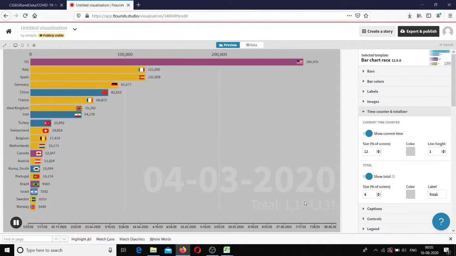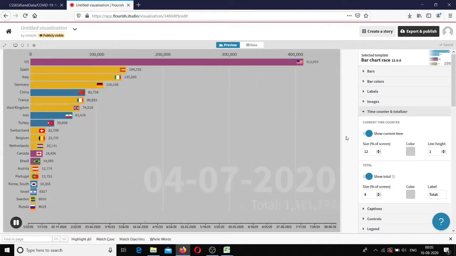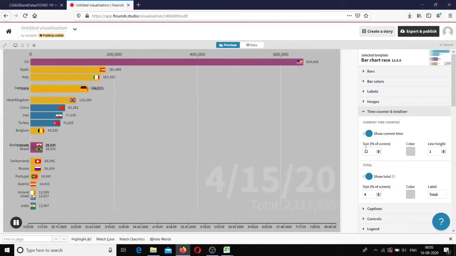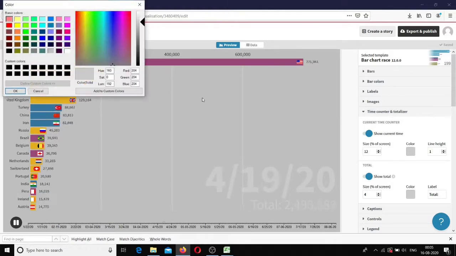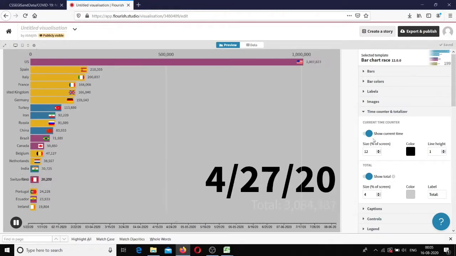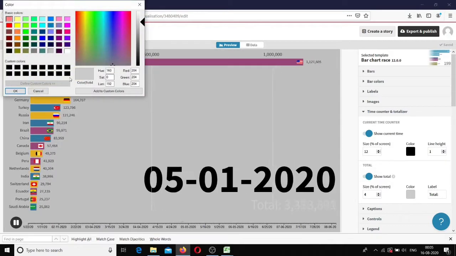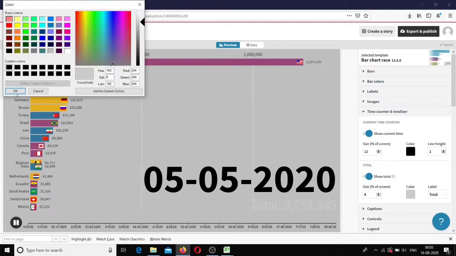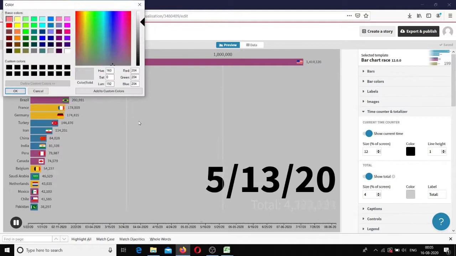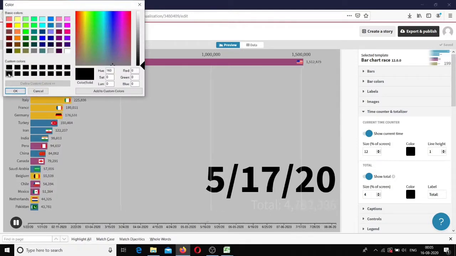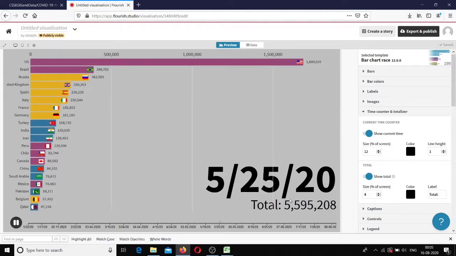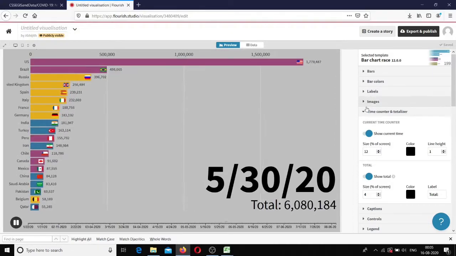So this is the count totalizer. Flourish automatically calculates the total count. Here I have the option to change the color, changing the color to black. So here we have the date and here we have the total count.